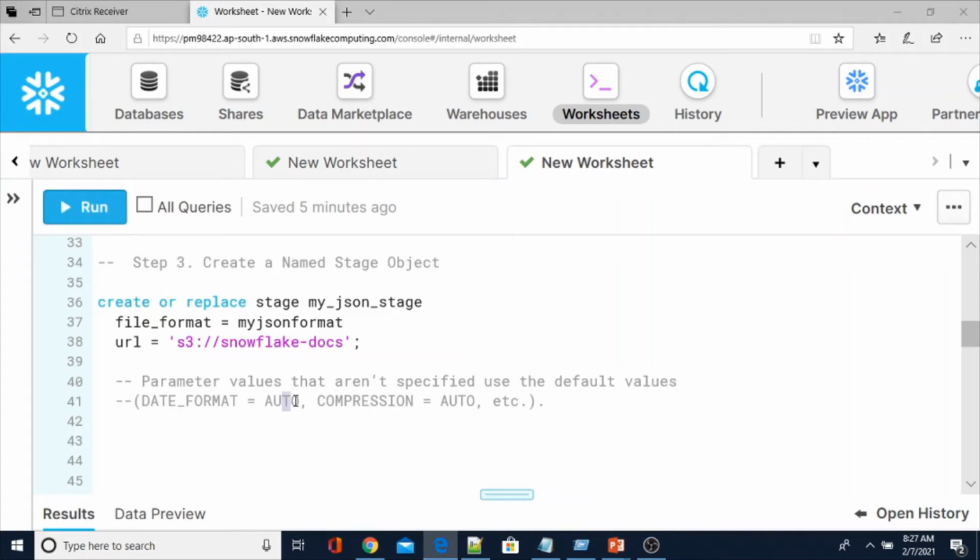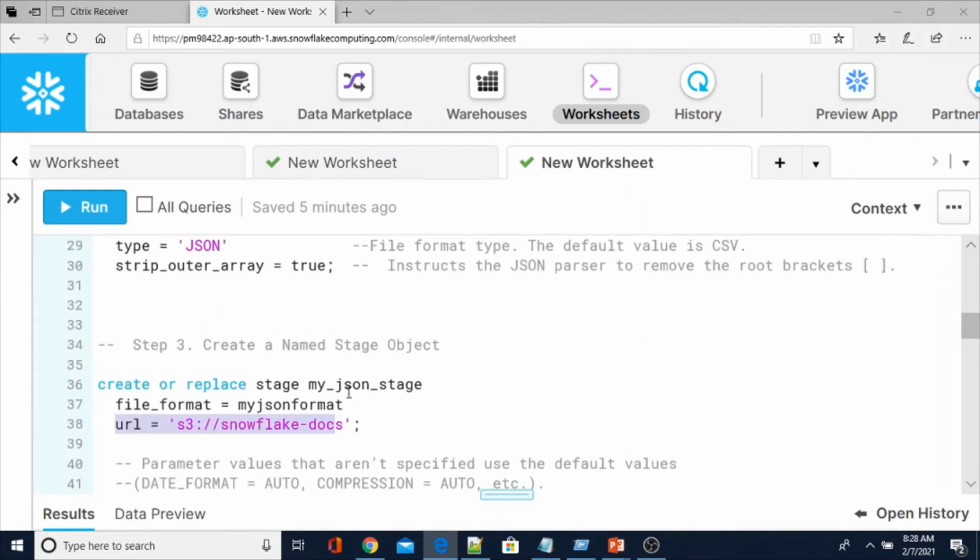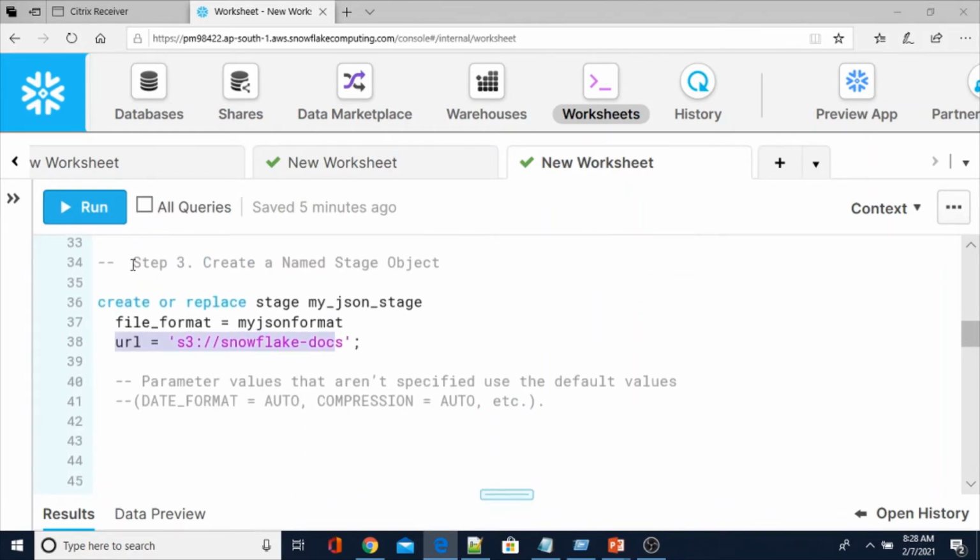That means whatever the default date format is for your Snowflake account level. We can change that also. Whatever you have set currently, that is what it will take. And compression equal to auto means that while copying the file from S3, it will detect the compression of the file. That is all about how to create a named stage object as part of step 3.